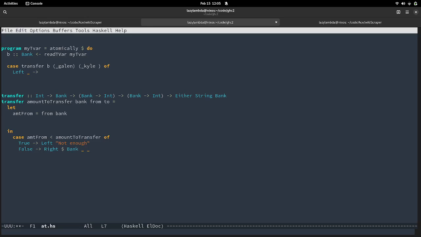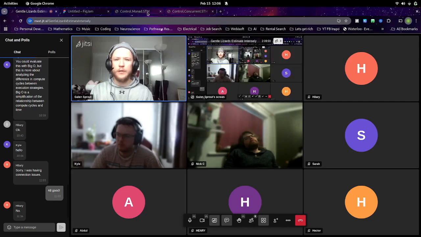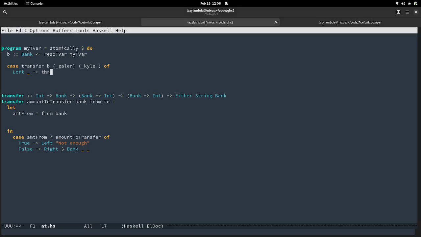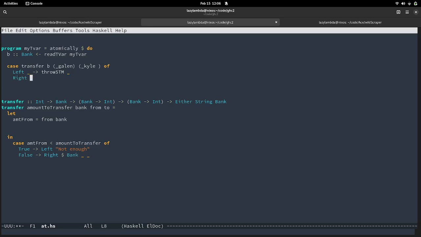Then what's my fail function here? Throw STM. And so this is going to result in the program failing as a whole, or I'm going to succeed in a certain way.